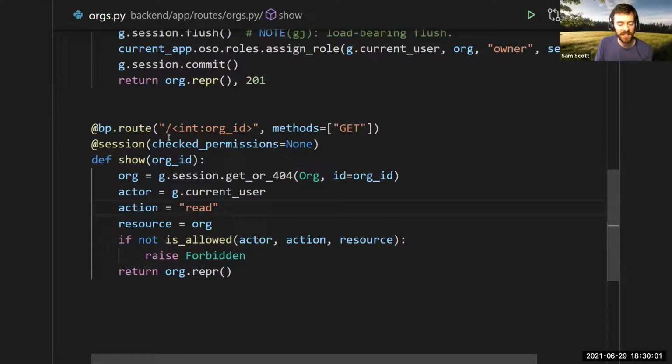So this endpoint gets one organization, org number one. The user we can get as the current user. This time they're trying to read, and this time the resource is an organization. We've just fetched one from the database, and we're saying, can the user actually read this org or not? Should I allow that to happen? Right. And so now we're getting way more granular. We can start doing more on this. It's not just about a request that's coming in. Now the resource itself.